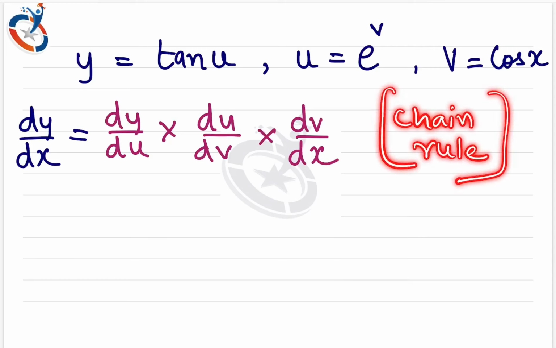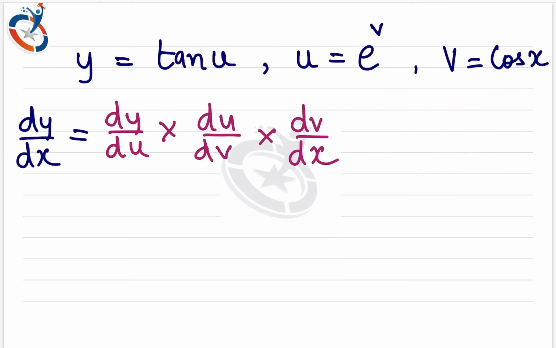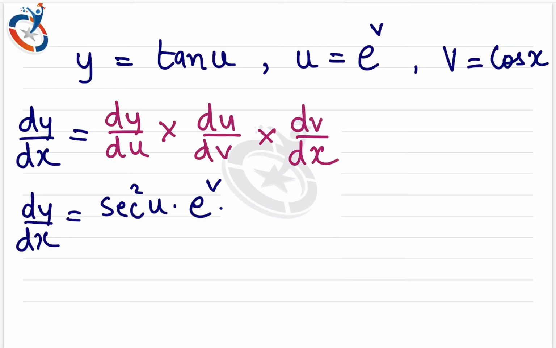Okay, but we'll talk about this later. Let's solve this question first. So your answer should be dy by dx will be equal to derivative of tan u. The derivative of tan will be sec square, so it becomes sec square u into derivative of u. The derivative of u will be e raised to v, so e raised to v into derivative of v with respect to x. The derivative of cos x is equal to